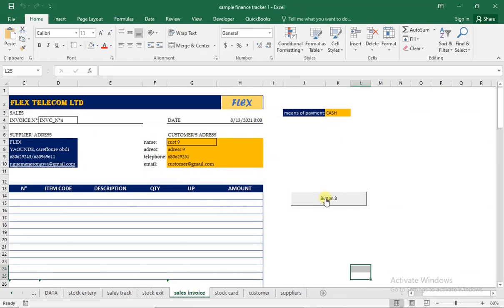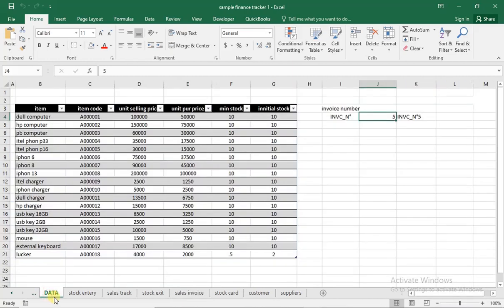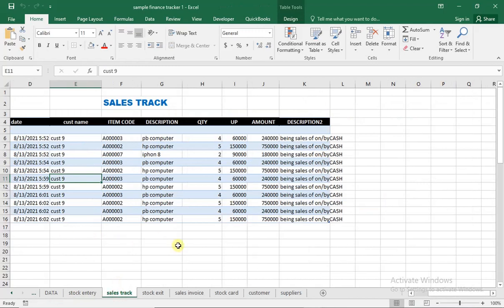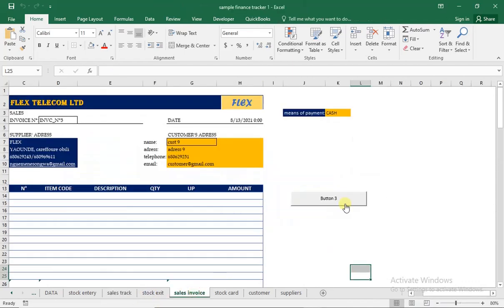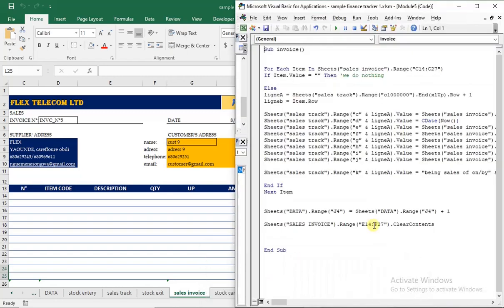Now see something, if we press on this button and this place is empty, it's actually going to function. Let's go to our sales track. Nothing is going to happen. Anyhow, we can allow it this way, or we could still put another condition saying that if there is nothing here in this list, we should send a message that you have first of all to input data inside. Anyhow, let's put another condition here. Before this, it should verify. First of all, we are going to make a check. If